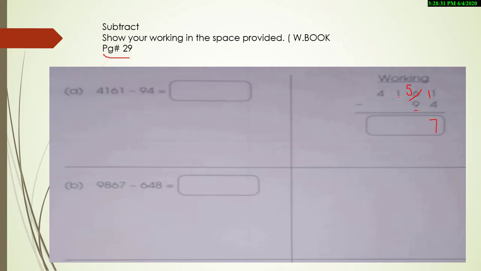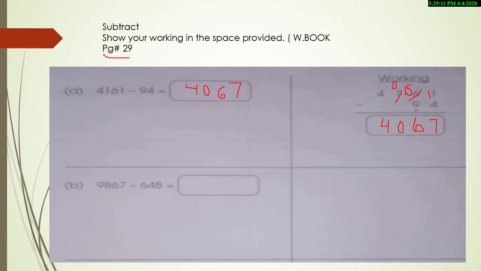So we are again going to next door. Just cut this one. It will turn into 0, and it will give 1 to it, and it turns into 15. Yes, 15 minus 9. What will be the answer? The answer will be 6. Okay, 0 has no number to subtract, so it will come as it is, and 4 will come as it is. Yes, that's the way. Now the question is solved. Rewrite the answer over here in the space provided.